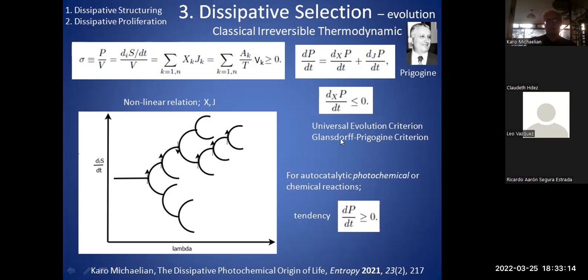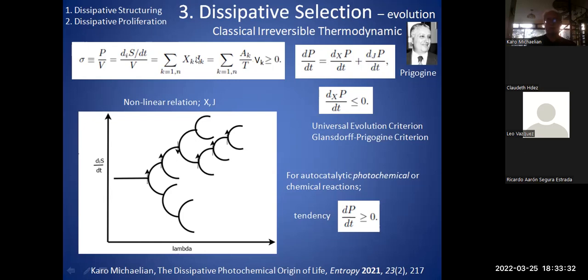And this is sometimes known as the Glansdorff-Prigogine criterion. Don't worry about this now. We'll also derive that in class later. But this part has to be negative definite. But it doesn't say anything. There's nothing you can say about this part, about the flows. Do the flows increase or do they decrease?